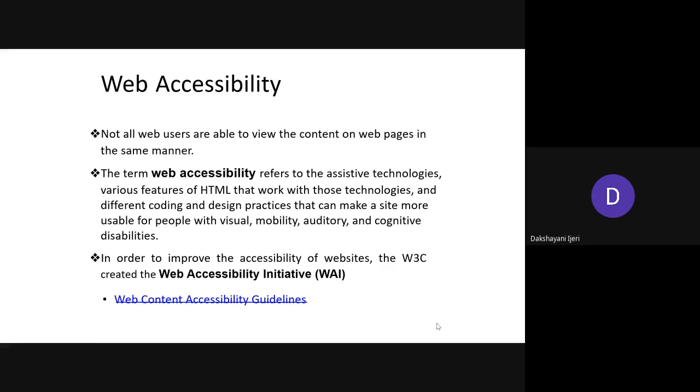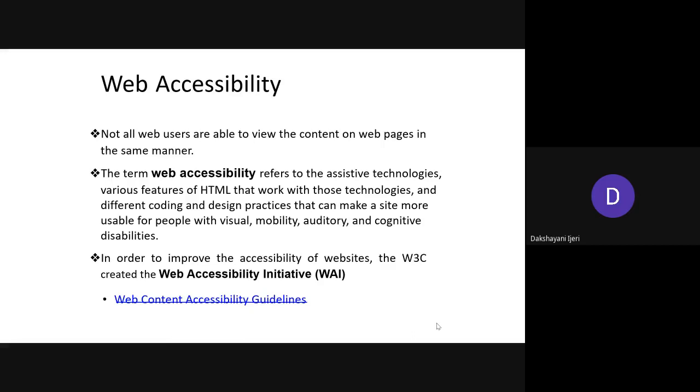Keeping the same thing in mind, what has been instructed here is that whatever content you put in the web page should be easily accessible to all kinds of users, even if they are not technical, or even if they are not able to read whatever has been given in the web page. So what are the different options you can take? It is left to you as a challenge, right? There are many cases of how you can handle this.